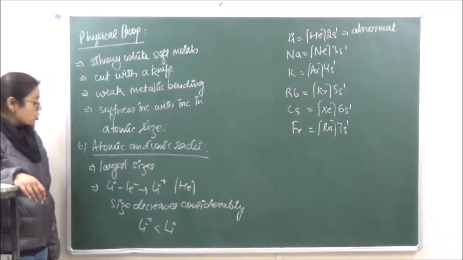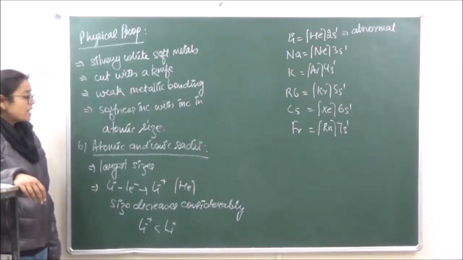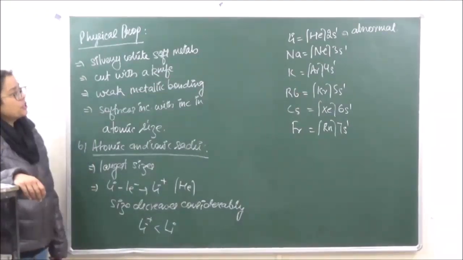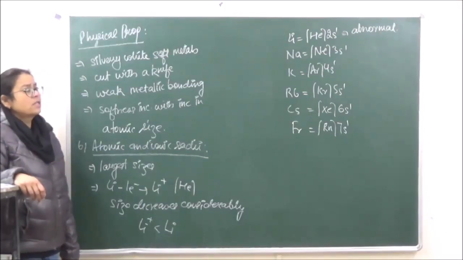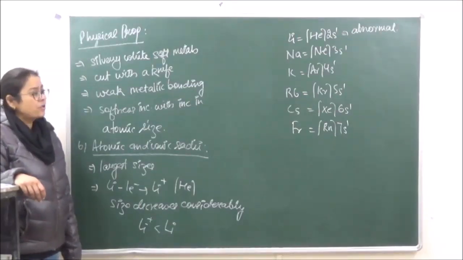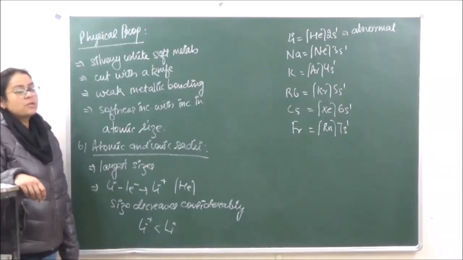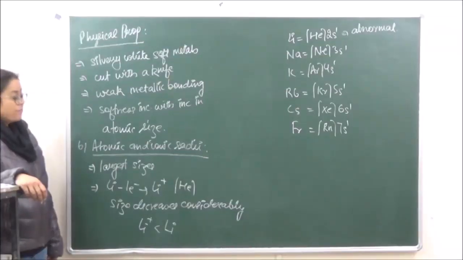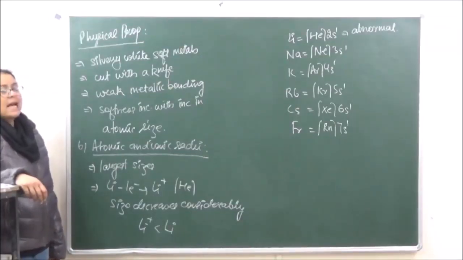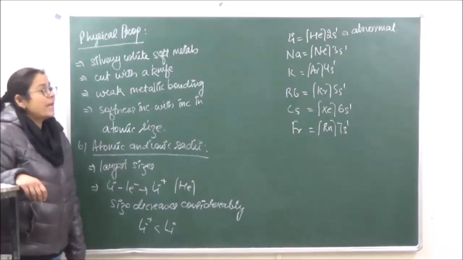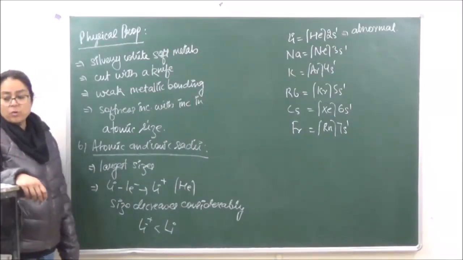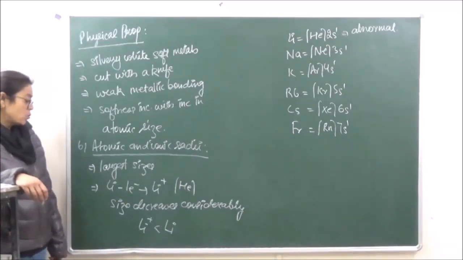And now also the effective nuclear charge in this case is going to increase, because the nuclear charge is now acting on a lesser number of electrons. So if you're looking at the lithium electronic configuration, first it was the same nuclear charge acting on 3 electrons. Once one electron has been removed, the same nuclear charge is acting on 2 electrons. Right? So the effective nuclear charge will also increase, and also one shell is completely removed. Therefore, Li positive is going to have a small size with respect to Li.